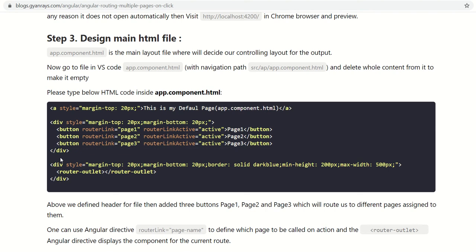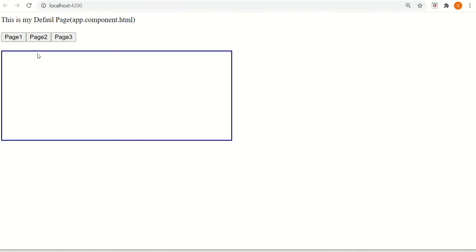And now what will happen when we click or press a button? The content of page 1, which we will create, will be displayed somewhere below, or you can trigger a page directly in a separate window.